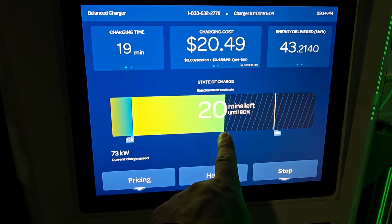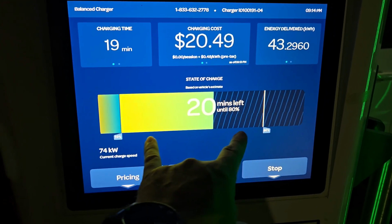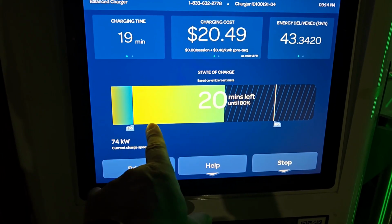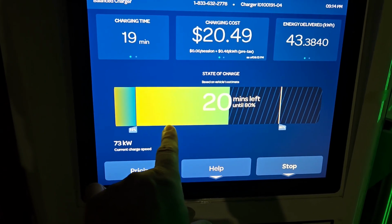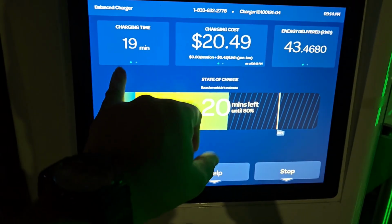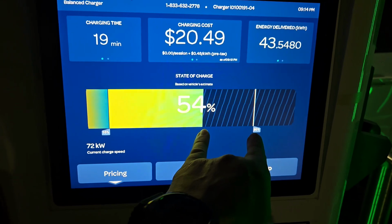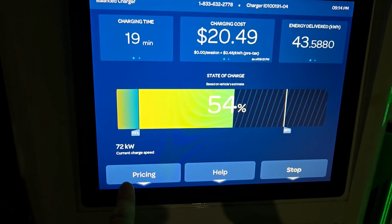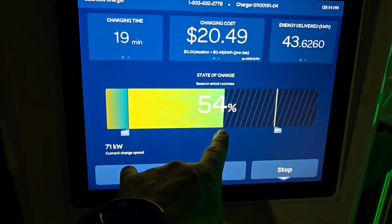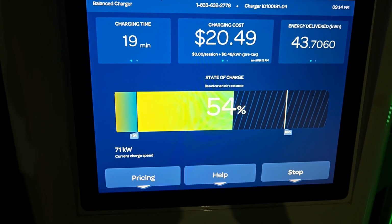It's saying it'll be another 20 minutes until 80%, and it's been right on so far. So we've charged 45% in like 20 minutes, and then the next 25% will take the same amount of time. So when this hits 55%,